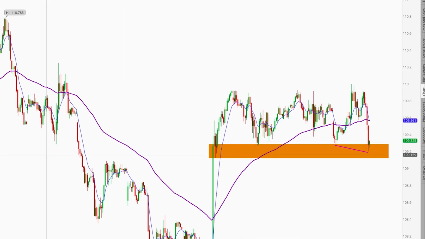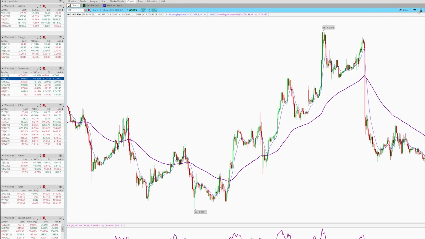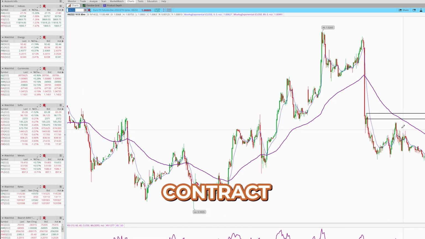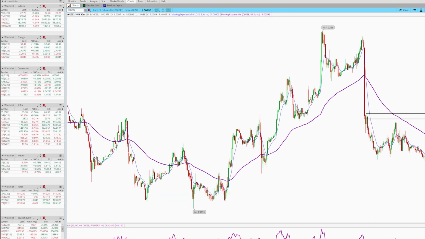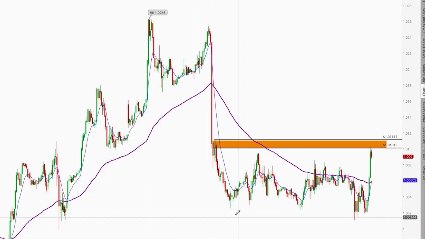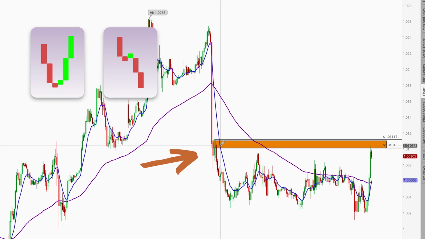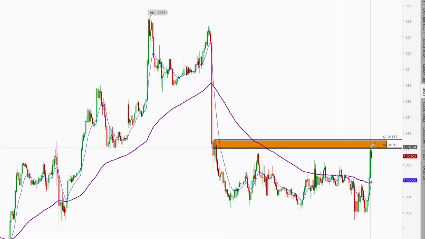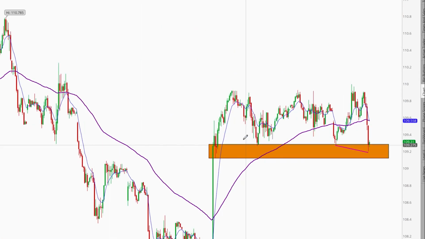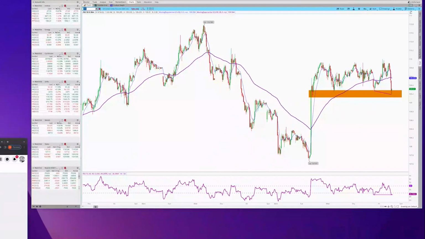Now, if this support area holds, what I'd be doing, and guys, a rollover just occurred, so you got to go to the contract, especially a couple days afterwards, or else you're going to get bad data, is on the euro, you have this drop-based, rally-based drop, nice fall away, never tested that level. We came back into it at the same exact time that the dollar is coming into its support area. And if we go to